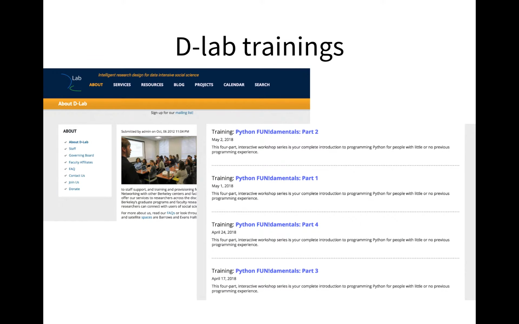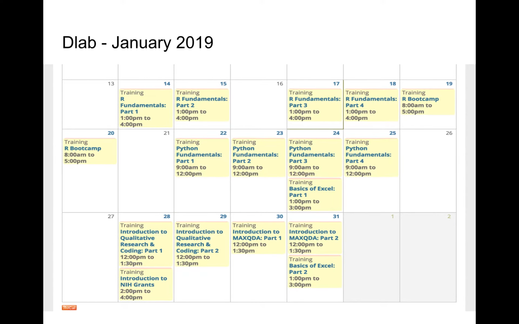D-Lab, as I already talked about: if you want to learn more, in Excel, R, go to D-Lab. Here's the calendar for this month. This week R is almost over, but next week, in 4 sessions, you can learn Python. D-Lab is awesome.